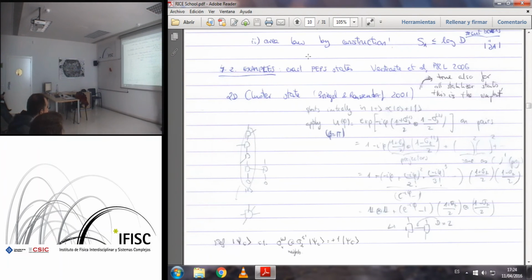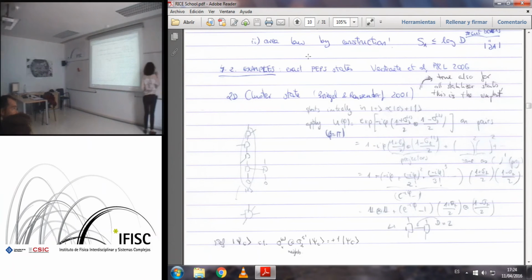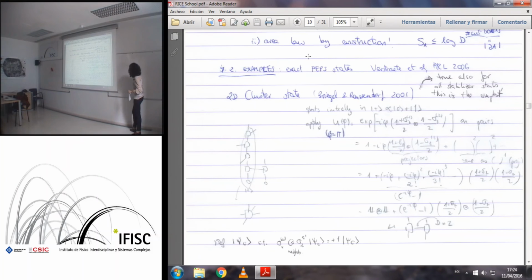Okay, so you have your two-dimensional lattice. Drawings get more costly when you get to two dimensions. So you have each site in a product, and so on. And then you start applying these unitaries on each pair in here. And these unitaries are some exponential of some phase, which, for the cluster state, what everybody calls the cluster state, is fine, of this two-body operator,